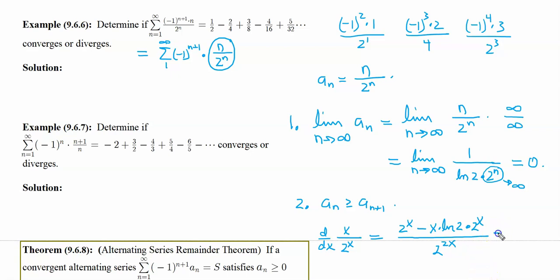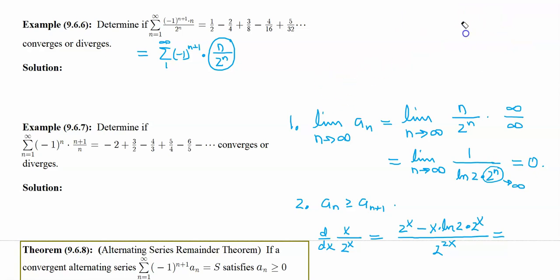Now this is equal to, we can factor out a 2 to the x in the numerator and then cancel it with one of the 2 to the x's in the denominator. In other words, we can write it like this. Let's just move up here, put it up here. So we can write that as